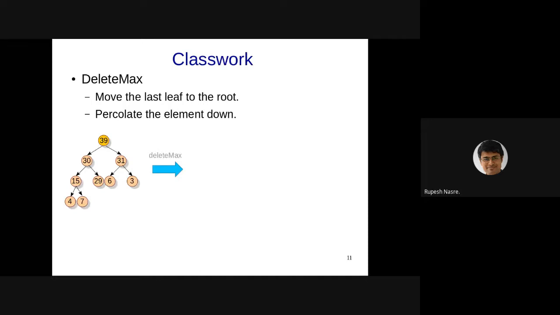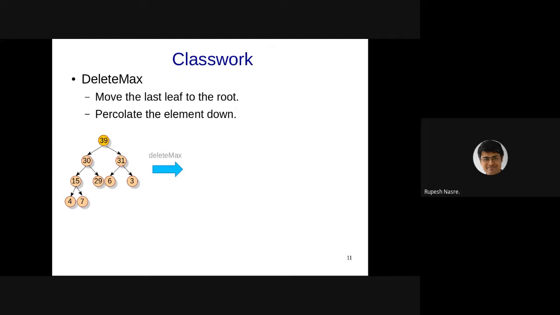Good, that's a correct observation that 7 can come below 6, so it might violate the heap order property. This example is very carefully designed. You will face this problem. Okay, but Varat Sunil says that you can actually move 7 in place of 31, right? And therefore it will become more like 31 followed by 30 and 7. Right? The rest of the elements remain the same. Sai Charan is asking 7 will go to the left or right.